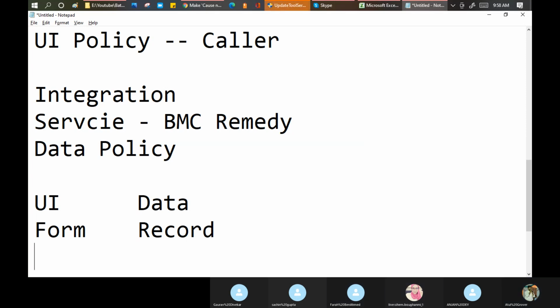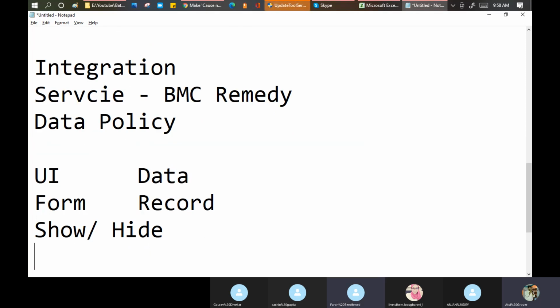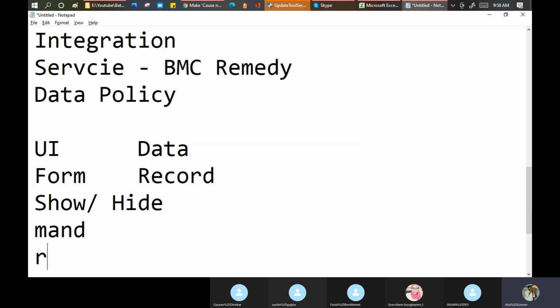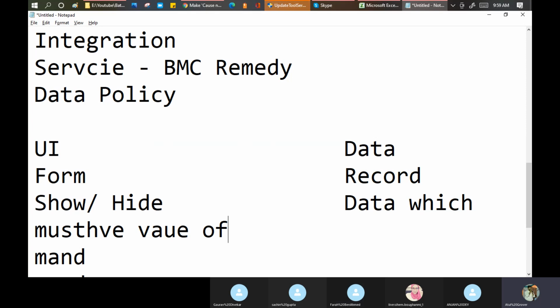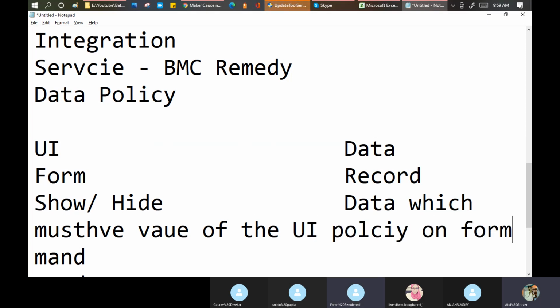UI policy does show or hide, mandatory or read only. Data policy will check that the data which is coming must have values for the UI policy fields on the form.